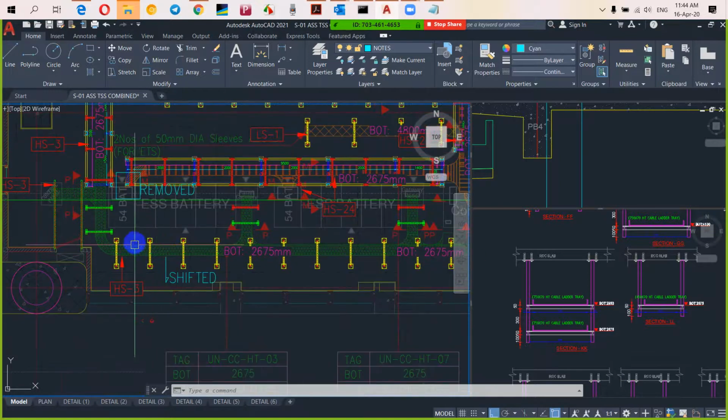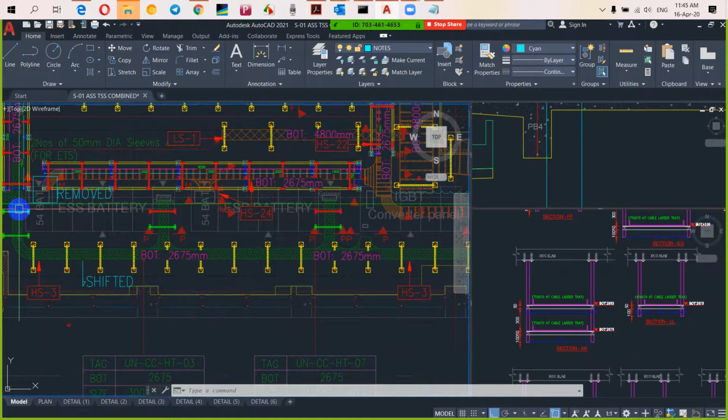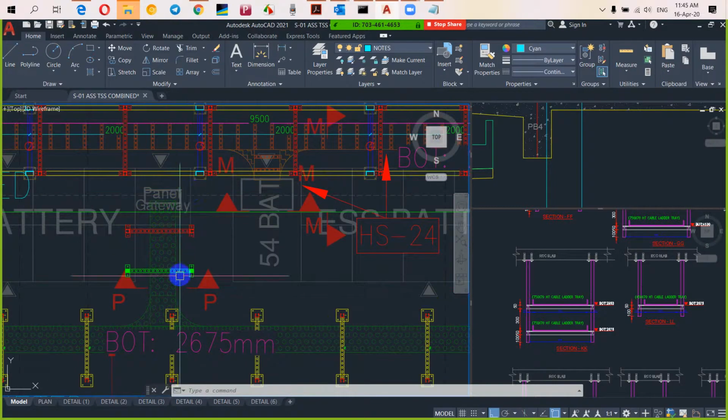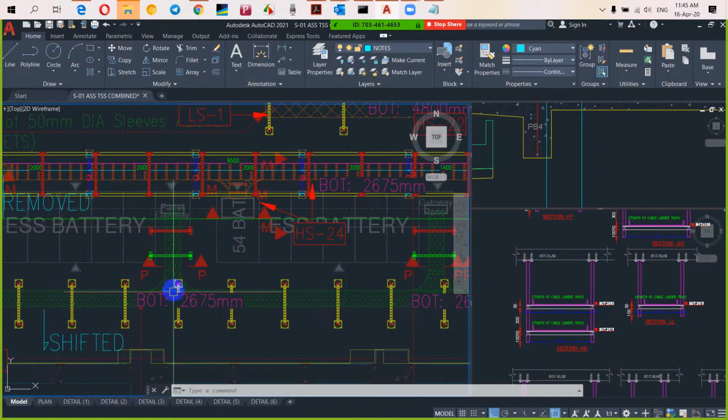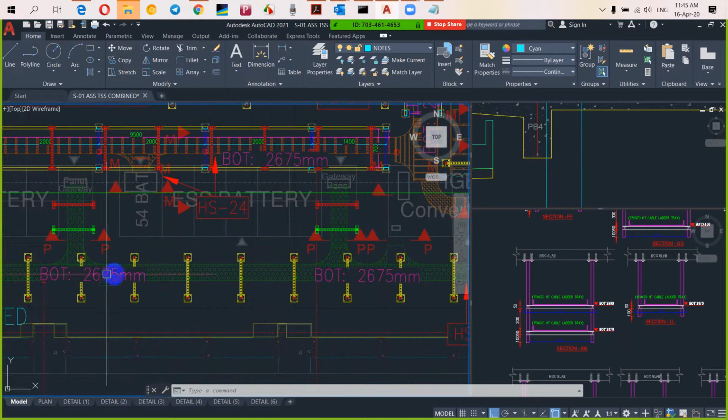So in the previous drawing, this area we have already changed something. We have shifted these things a little. So your point is your cable tray should connect to these cutouts, right? So we are still connecting here. So I think it will not be a problem, right? Rakesh will answer this question. Mr. Rakesh, yes. So what I'm saying is that these cable trays are still connecting here, although we shifted this cable tray a little to this side. Okay, no issue.